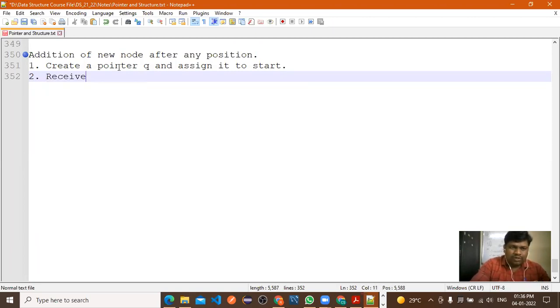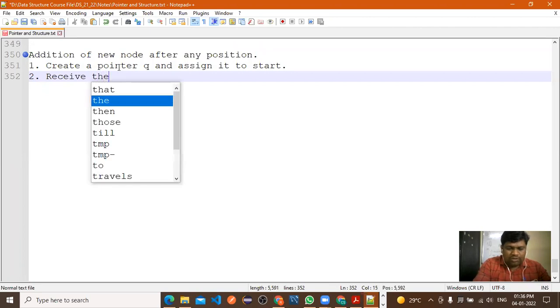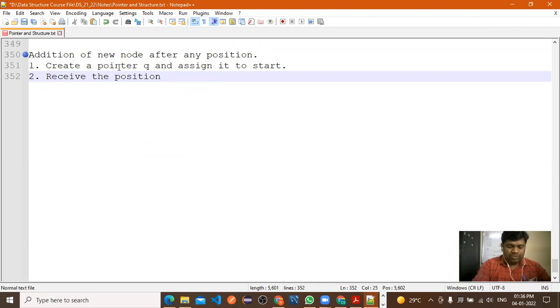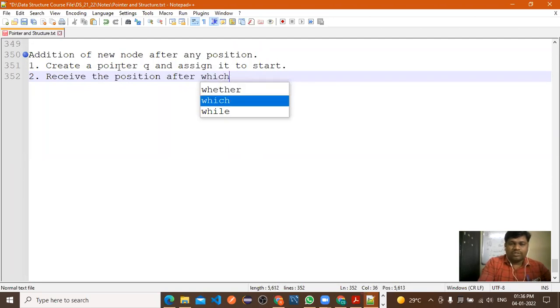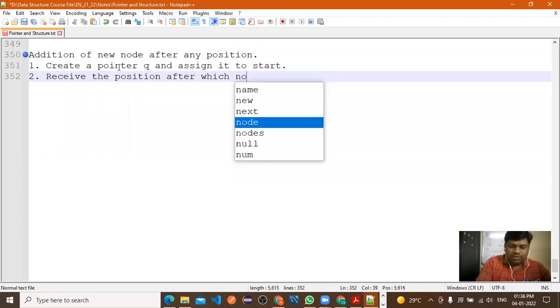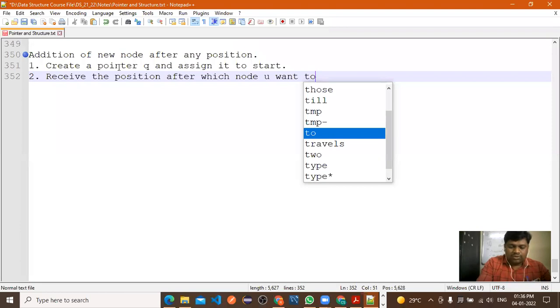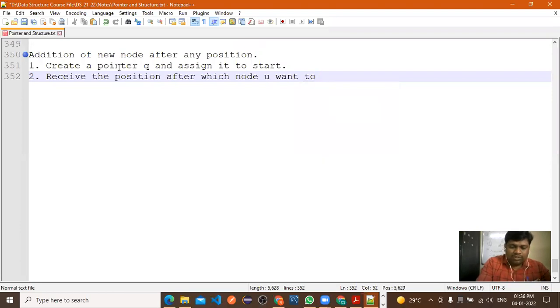Receive the position. So after which node you want to insert the new node.